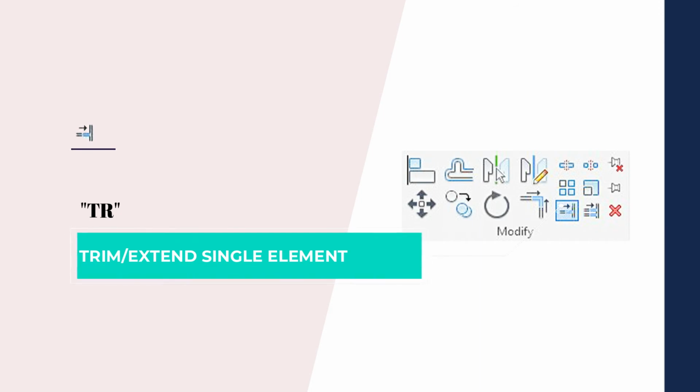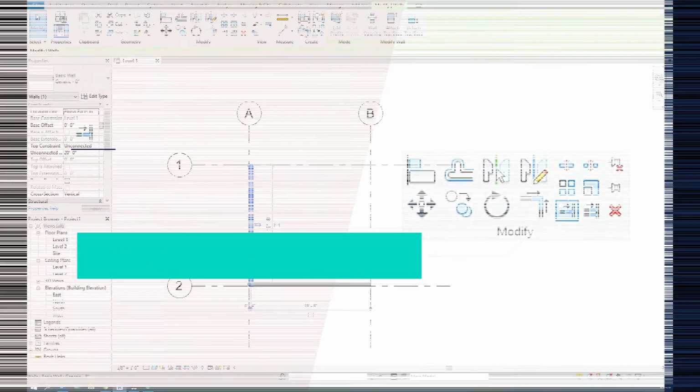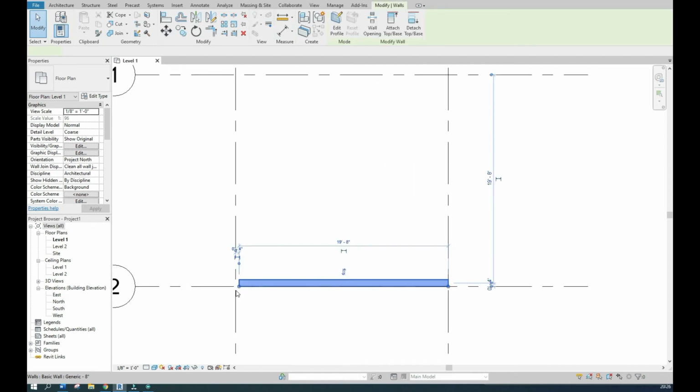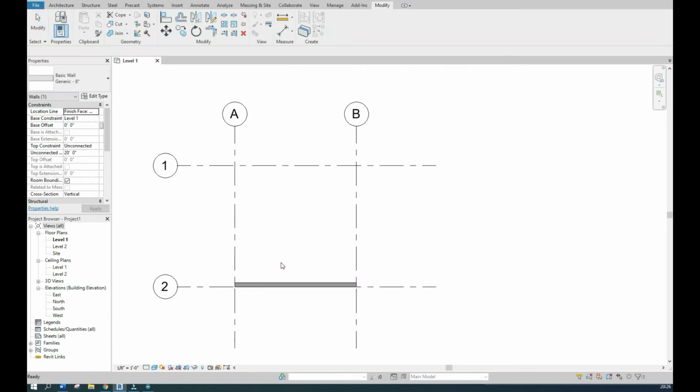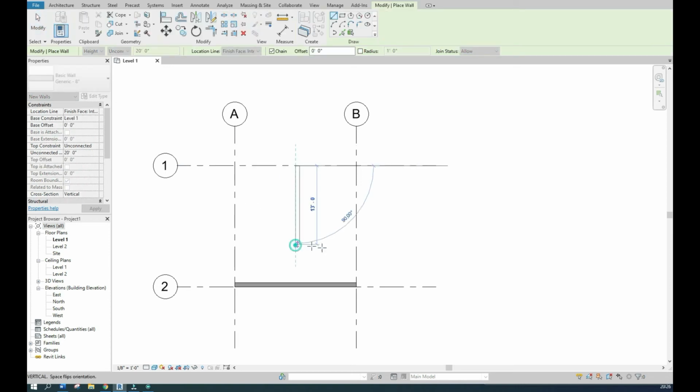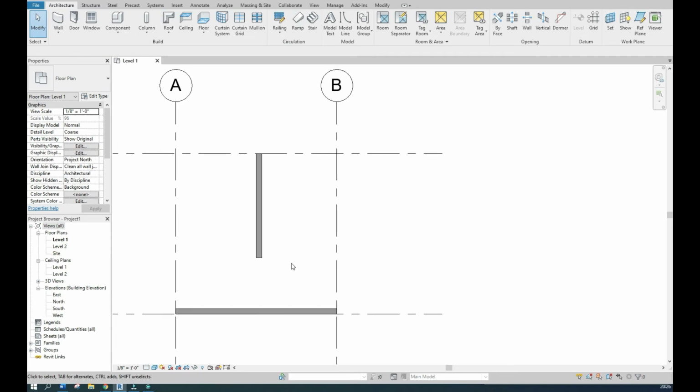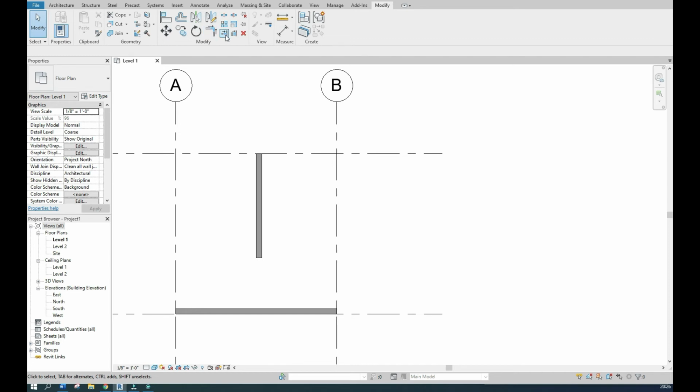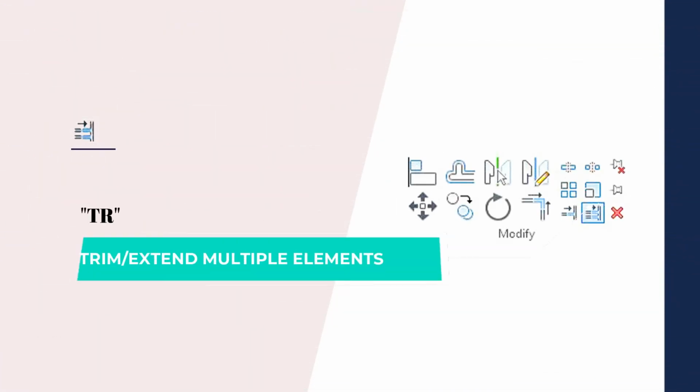Trim Extend single element. Trim Extend multiple elements.